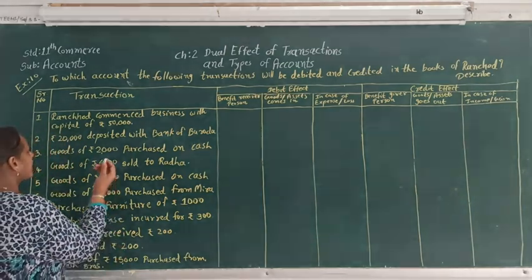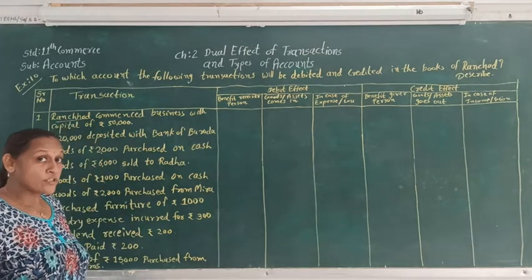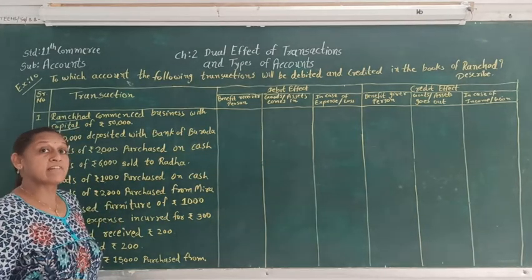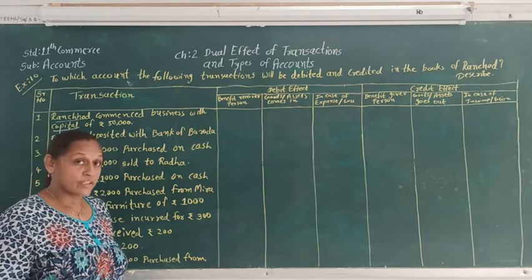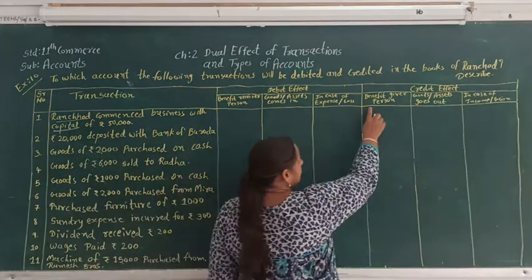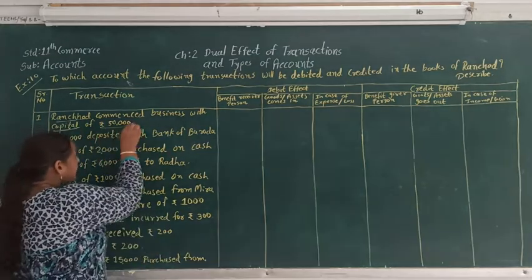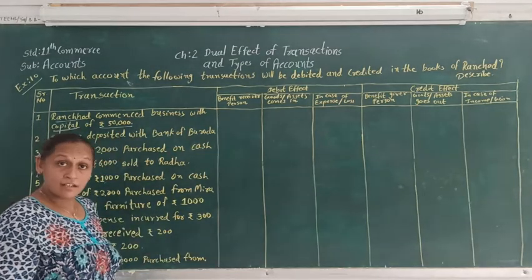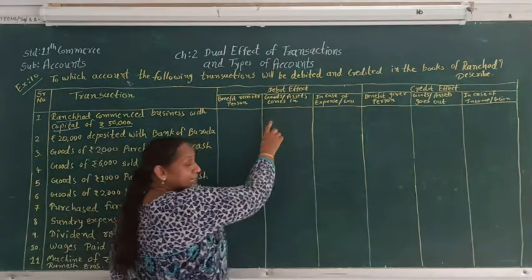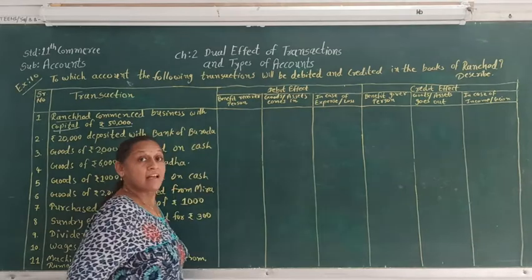So here two accounts are associated. The very first is Ranchod, and Ranchod is the owner. That's why we are going to make the entry of the capital account. And Ranchod is a giver. Ranchod is giving rupees 50,000 to the business. So Ranchod is a giver to the business, and the capital account is going to be credit. And rupees 50,000 cash is coming into the business, and cash is a real account. So here an asset is coming into the business, so we are going to debit the asset account.